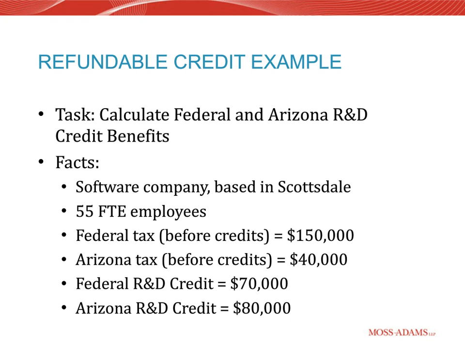And this is just an overly simplified example. We're not accounting for anything like AMT or potential limitations that could prevent the company from actually utilizing that full amount on the federal side. On the Arizona side, the first $40,000 of their Arizona tax would be eliminated, and then they'd still have $40,000 left over. So the remaining Arizona credit can be refunded, as opposed to carrying it forward. And if they were to elect that option, they basically get a check for $30,000, which is just calculated as 75% of that $40,000.